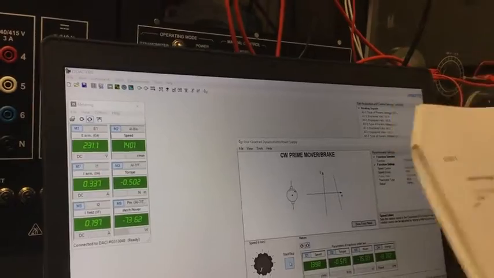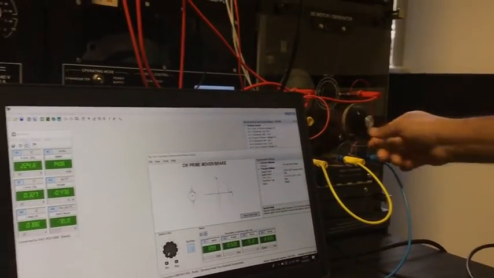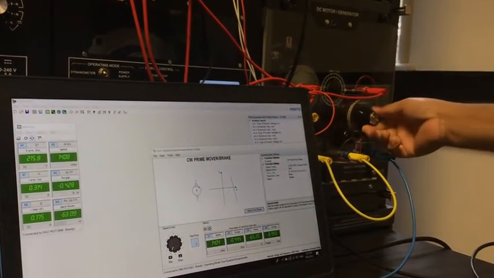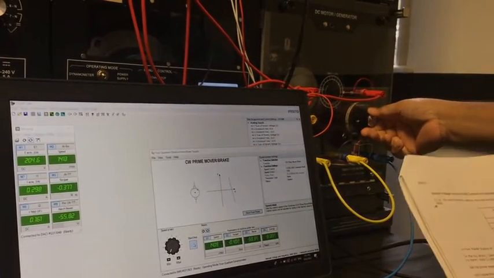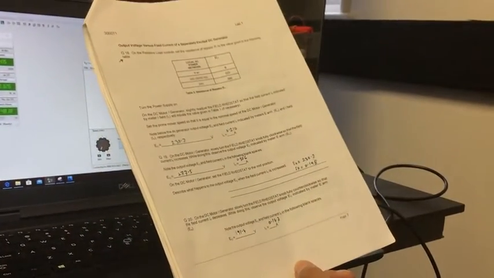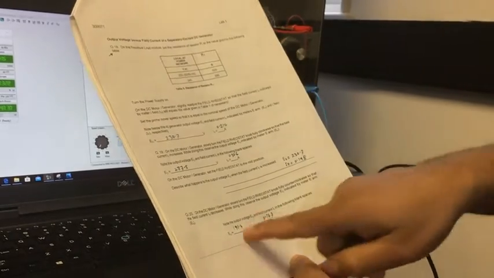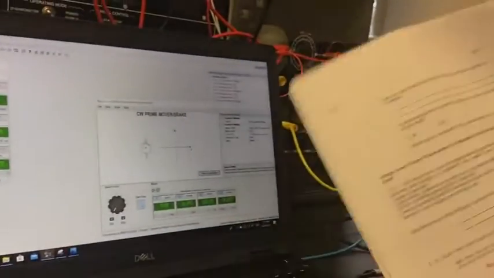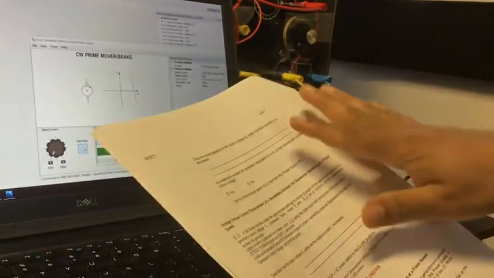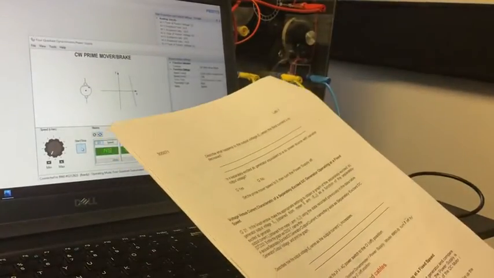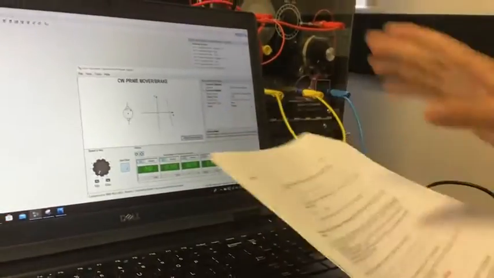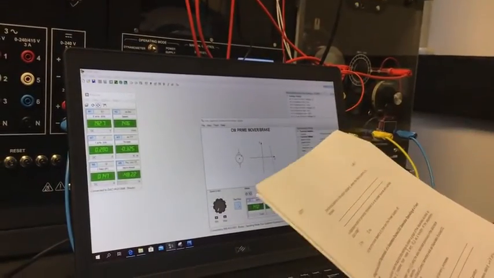Now I need to move it counterclockwise. We can see that if we move it counterclockwise, the field current is decreasing and the armature voltage is also decreasing. When it is fully counterclockwise, the voltage is 191.4 and the field current is 0.147. There is some question, and you have to give this result. Step 21 was already discussed in the previous step, and this is all about the graph. I will provide this result so you can make a good result. Thank you Azad for help.